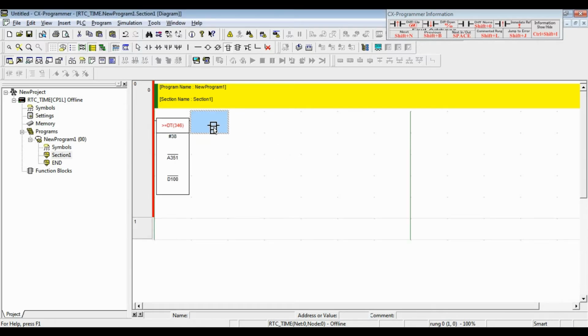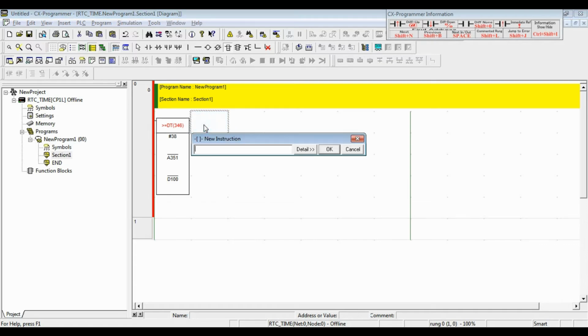Now for the second instruction, I put it here, and then the address: less than equal DT, space, #38, space, A351, space, D110.